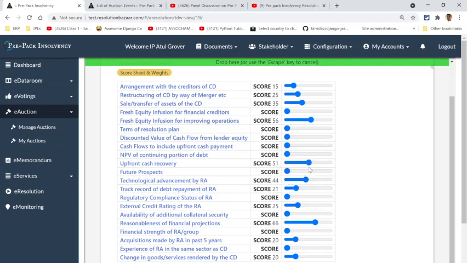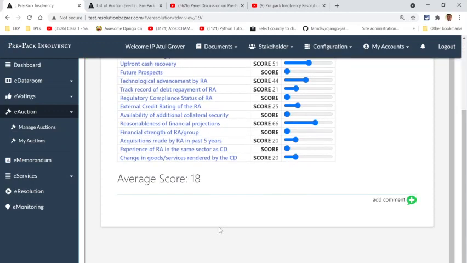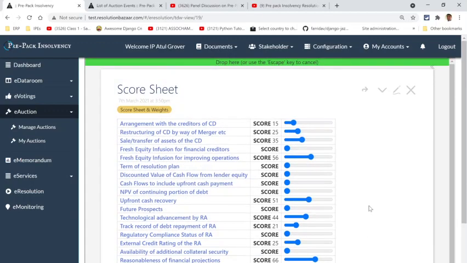And of course these are too many. These are about 15-16 variables. You could just select 5-6 variables depending upon what you want to plan upon. And so this scoring is being done on this sheet.